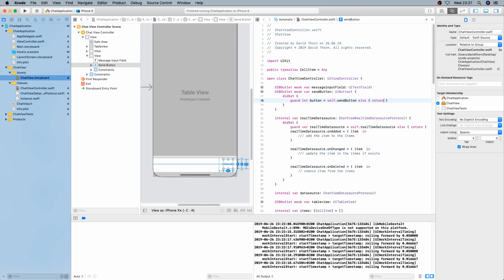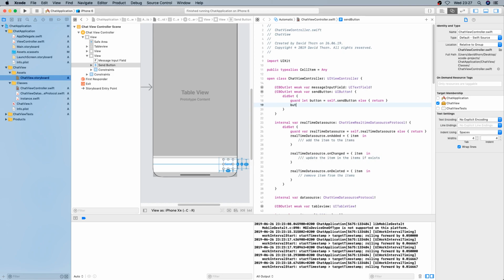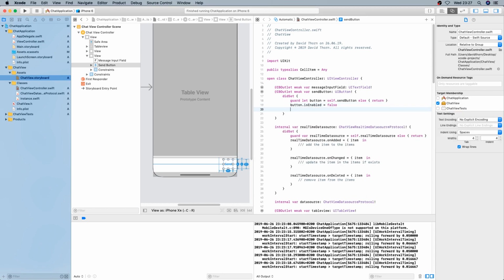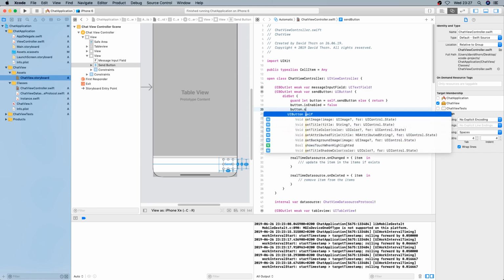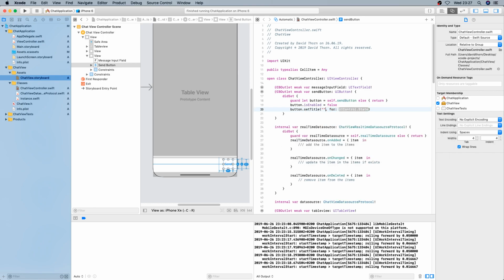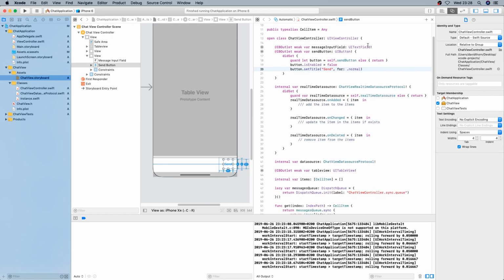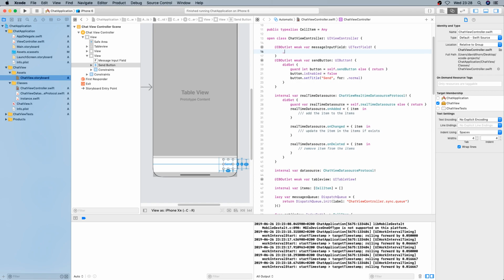Just do this. Oops, not the right one. Is enabled is equal to false. Set title equals send, for normal. That'll be good. Okay, the input field as well, we're going to